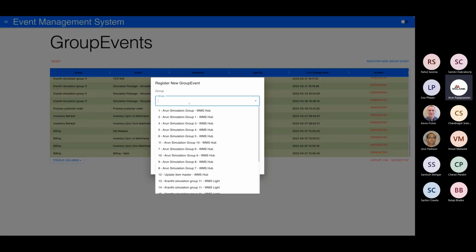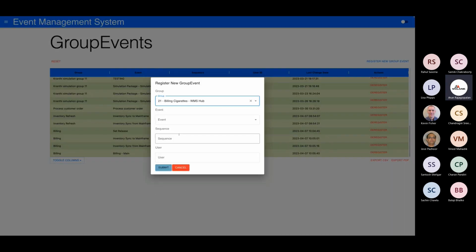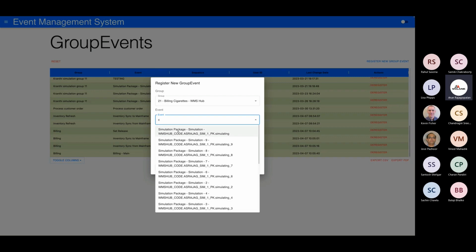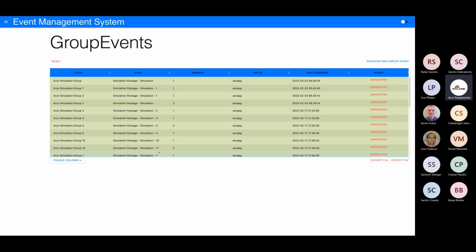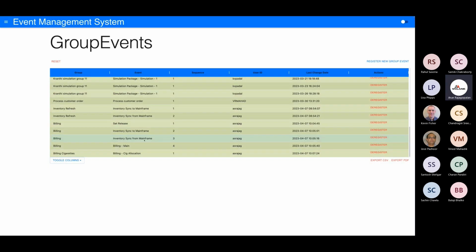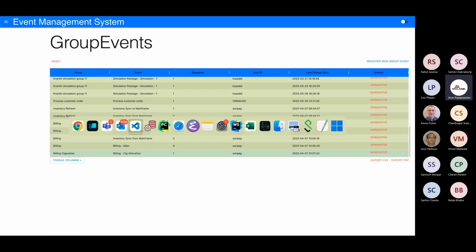Register new group event, billing cigarettes, and cigarette allocation. That is one same sequence. There is only one. So we have the main billing pass has set release, inventory sync to mainframe, and then billing main. Billing main is going to spawn billing cigarettes, right? That's it. And if you see in the code,